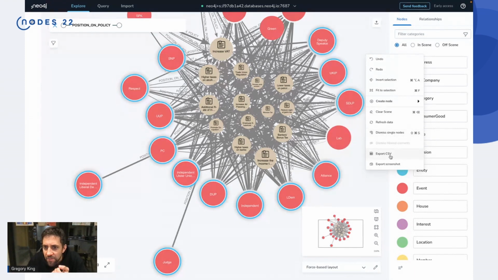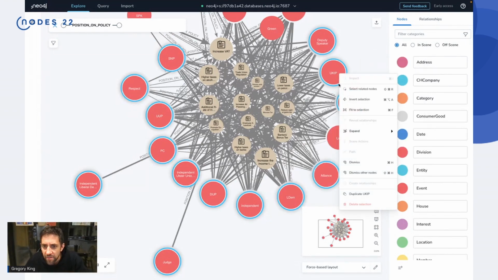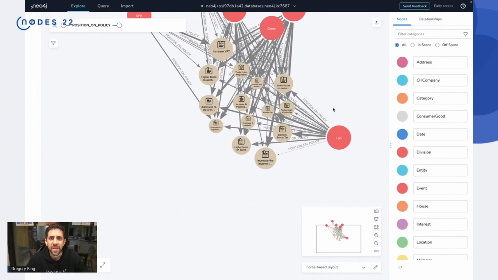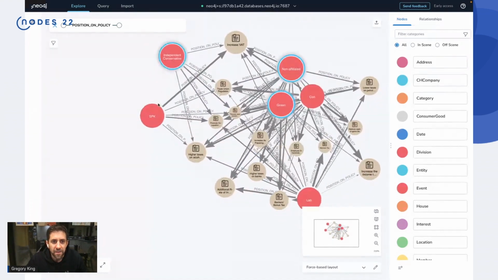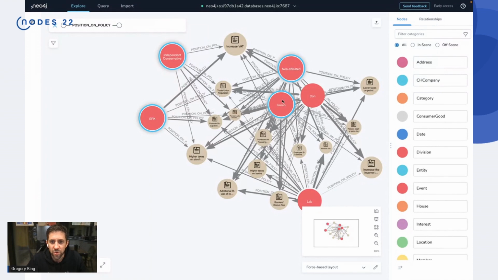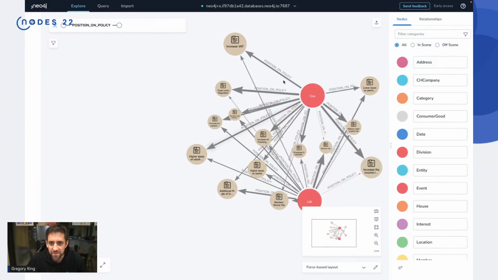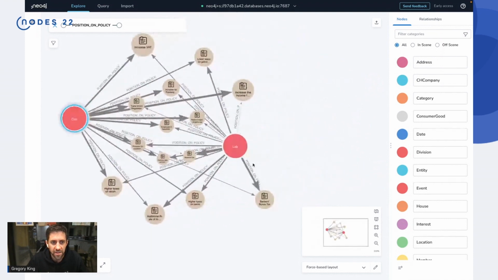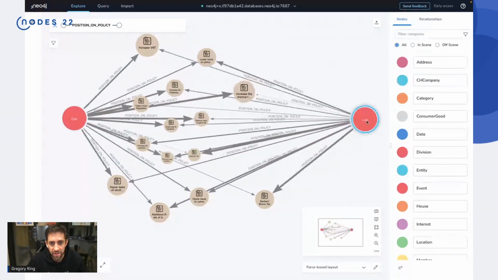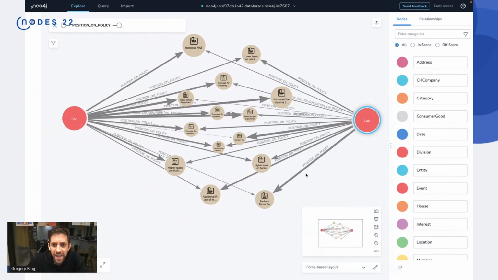There's my option. Can't quite see that. Let's try again, dismiss, and then let's dismiss a few of the others in here. I could have probably written a more sophisticated query to just bring these two things in, but I'm going with brute force here. So here are the two main parties in the UK party political system,